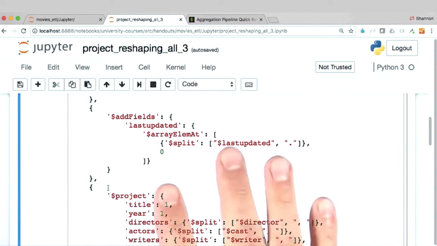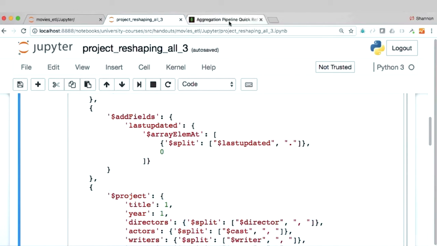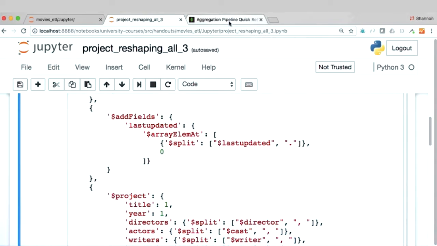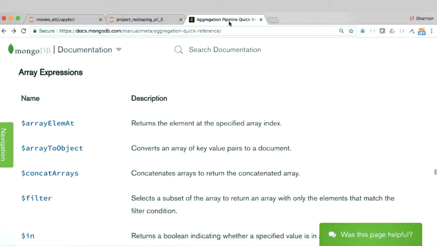That brings me to the second thing I'd like to draw your attention to, and that is that we're not doing a comprehensive deep dive of the aggregation framework in this particular course. What I'm doing here is trying to whet your appetite with what's possible, and we'll do a deeper dive in the second course in this specialization. Undoubtedly, you'd like to know a little bit more about the aggregation framework, so I encourage you to take a